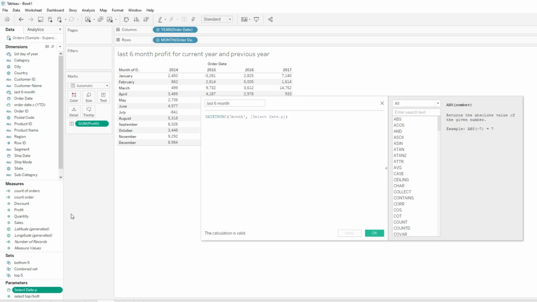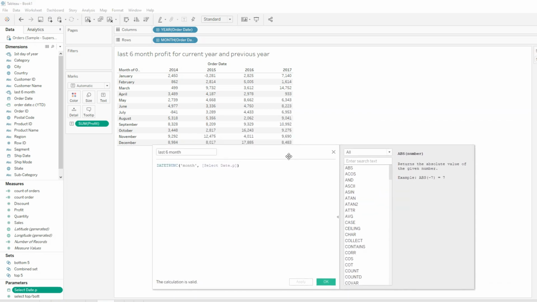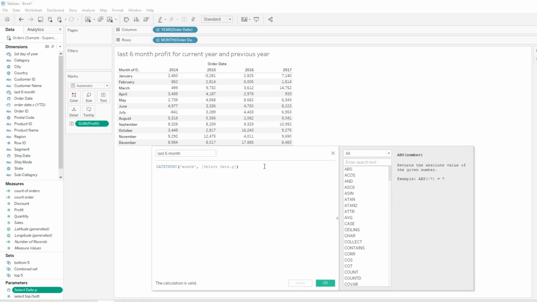Let me quickly show the parameter. So here we have the month control, correct? We need last 6 months, so what we can do is simply subtract 6. So this will give me the first day of the last 6 months from the currently selected date of the parameter. So if I hit apply,